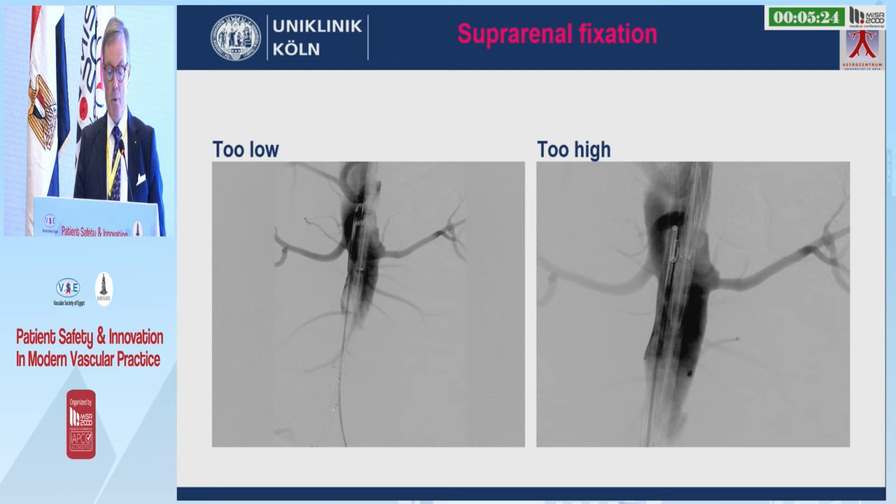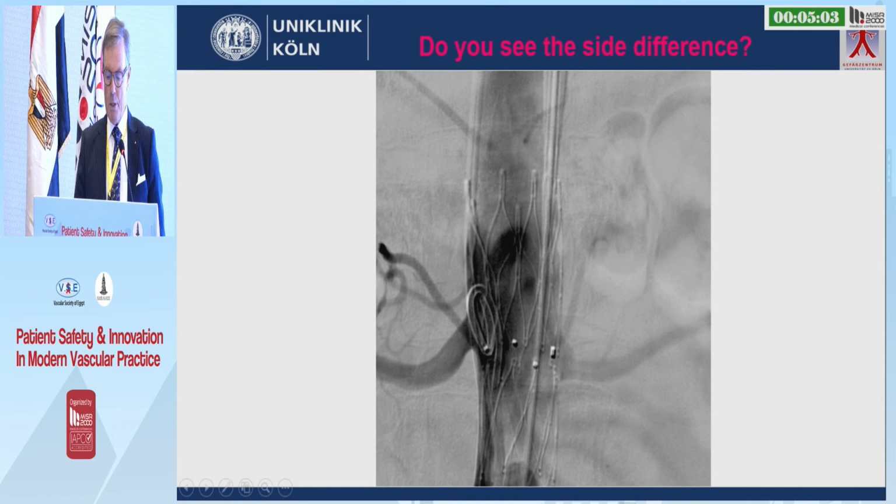Here is an example of a patient receiving a stent graft with a suprarenal fixation. On the left side, you can see that it is a little bit too low, because this is where you have the markers for the fabric. And on the right side, it is a little bit too high, but still it was deployed at this level, and even though this angio would indicate that both renals are open, this is a dangerous situation, and that is because